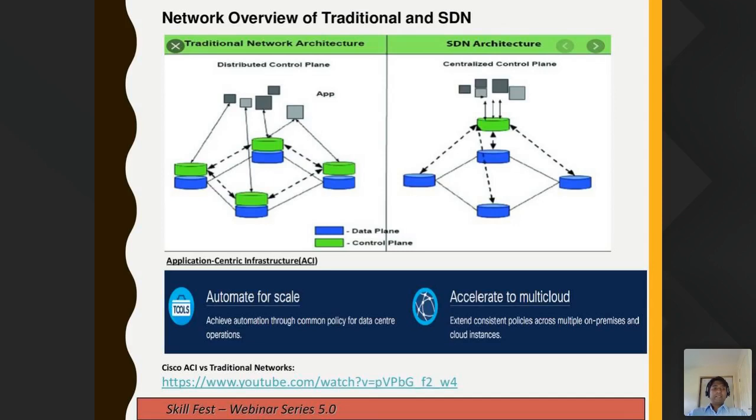All right, and you can download this PPT file, and in this PPT file there is a YouTube link. You can go ahead and see that when you get time. It compares both traditional and SDN and explains the difference, and also you can do further research to learn more about it.